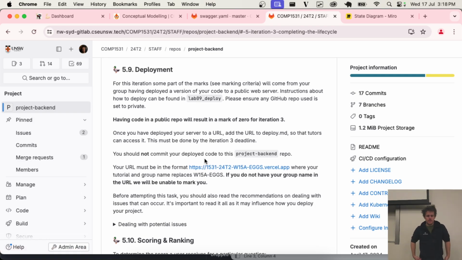5.9 deployment. We would like you to deploy your repo to the internet. Now, just to be clear, when we say deploy your repo, we are talking about your server, not the front end. And I think this is really important because obviously we as a course have deployed a sample solution, which